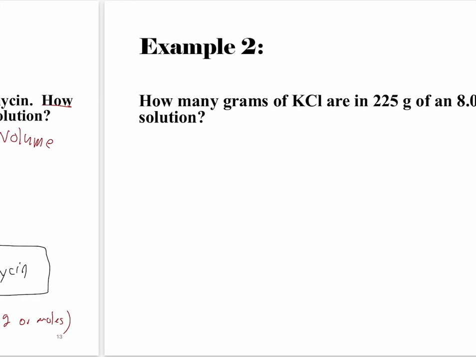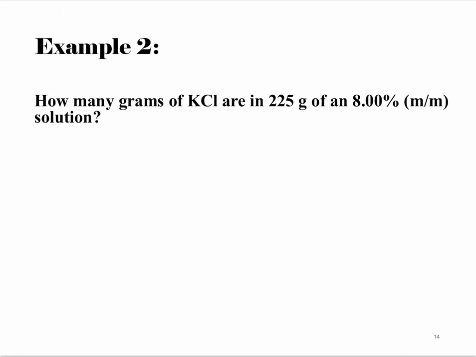Okay, so here we have a mass to mass concentration, and it's asking how many grams in, what would that compound be named? Potassium chloride, right? This is potassium chloride. How many grams of potassium chloride are in 225 grams of an 8% mass to mass solution? Right, and I'll start off that when you're given,